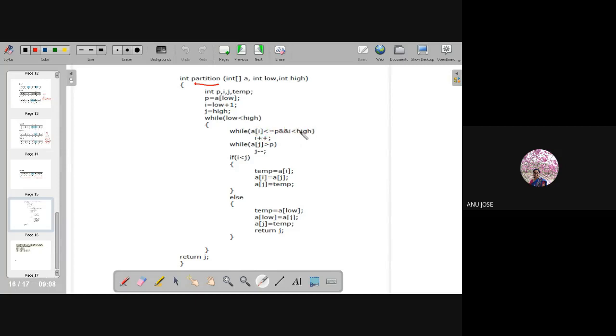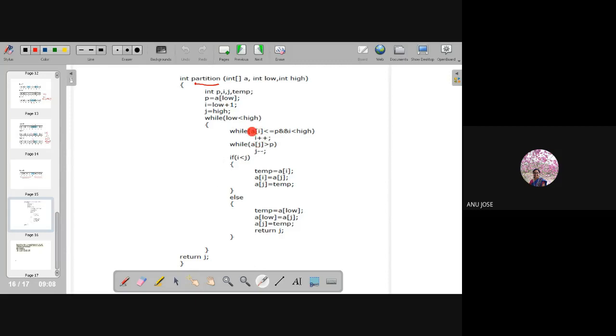High is the final index, or the largest index. So until i reaches high, this process will be continuing. This is the while loop. Repeatedly this loop will keep moving until it finds a larger element at the A of i location. Because this is a while loop, i will be incrementing every time. Once it finds an A of i which is greater than the pivot element, the increment of i will stop and it comes out of the while loop.